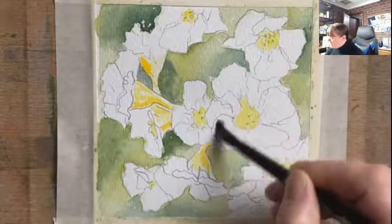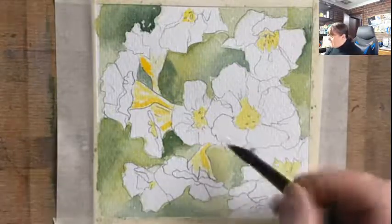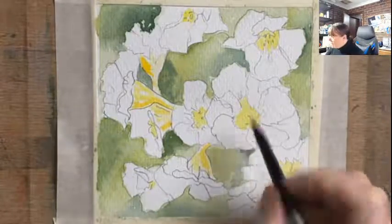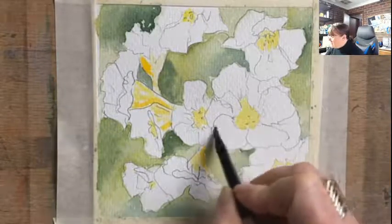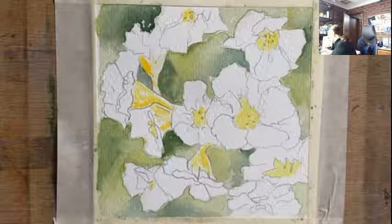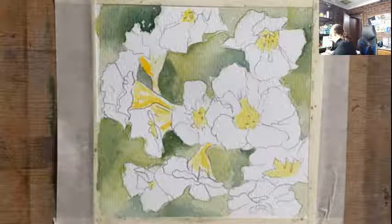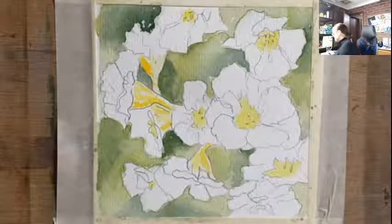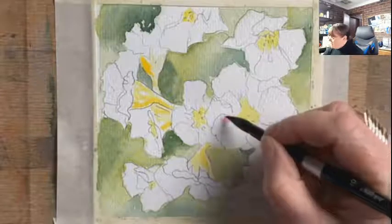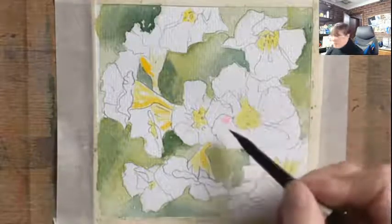I'm just going to let the watercolour flow and I'm going to use my pink. I've got my opera pink actually I'm going to use for these because these are so delicate and beautiful. So I've got my pink opera. I'm just going to grab that. I have this in a Daniel Smith. I don't have this in a Sennelier, so I'm just dipping into my Daniel Smith palette